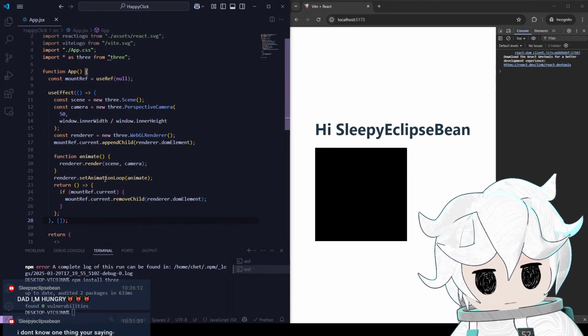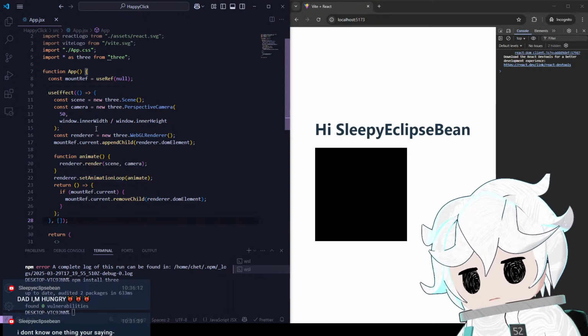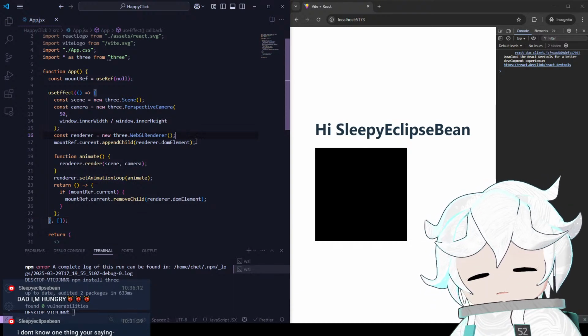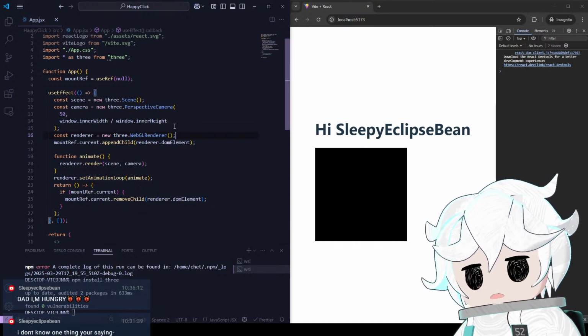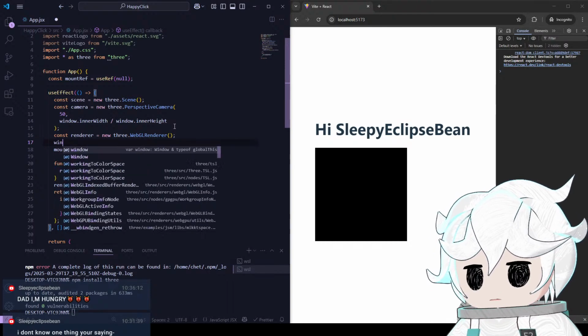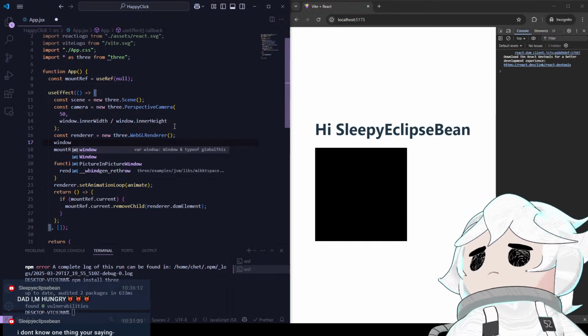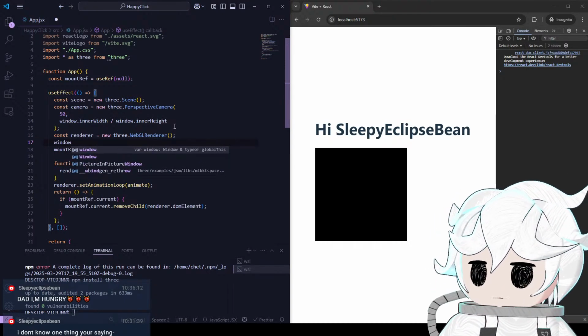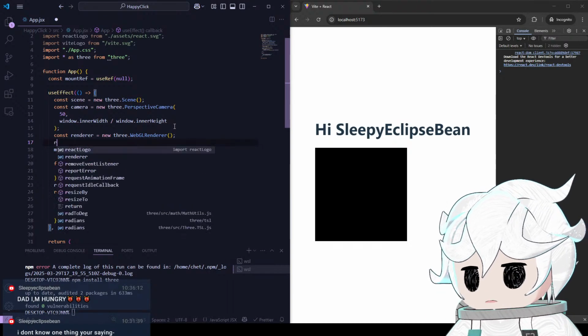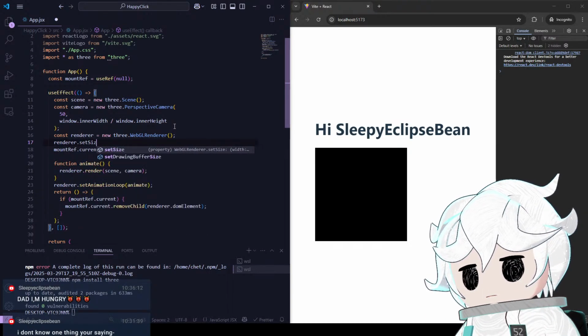Our 3D world is really small right now. Let's set its size to expand to the entire window length. So let's do window, renderer.set size